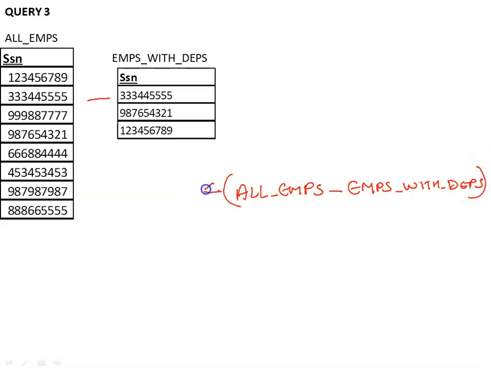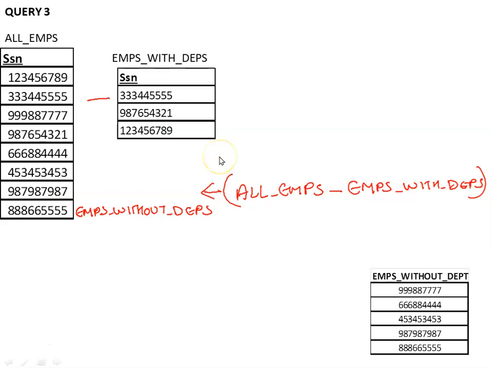So employees without dependents, DEPS. So this is the list of those employees who do not have any dependent. So we have already got the required information.